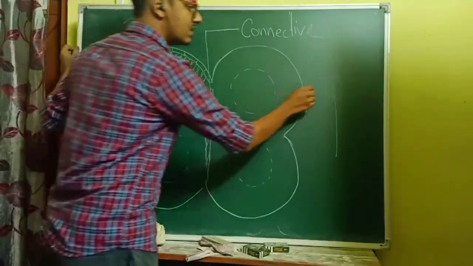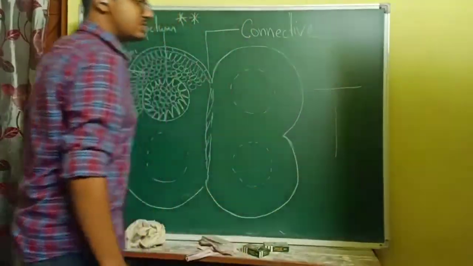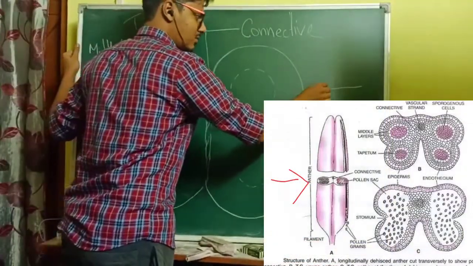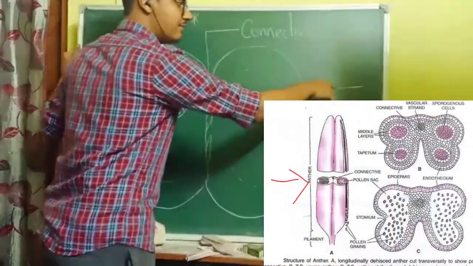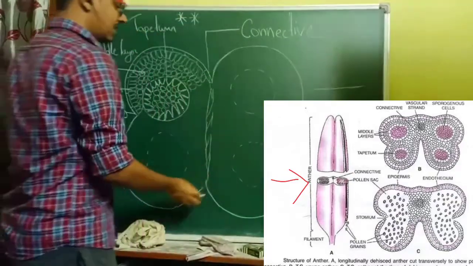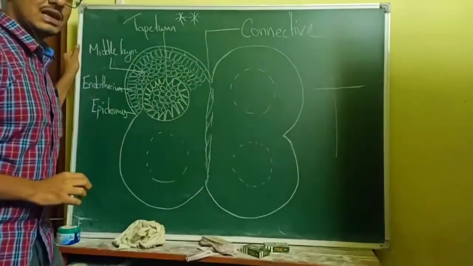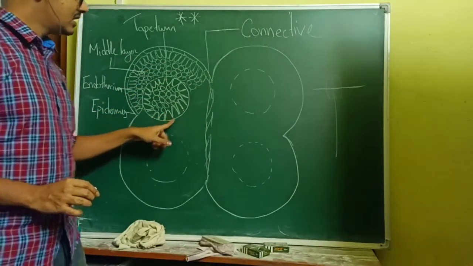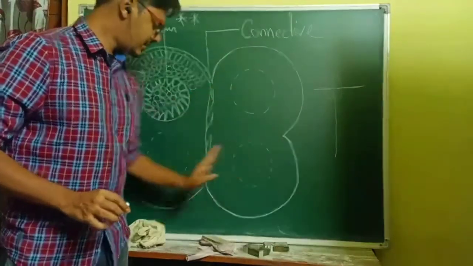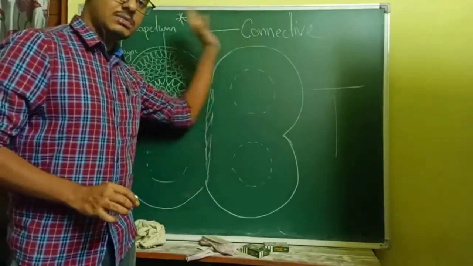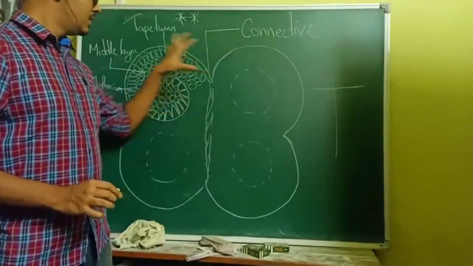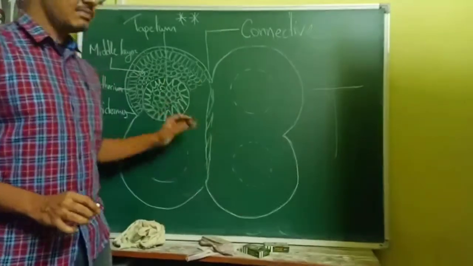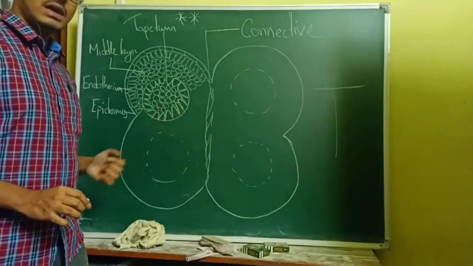Now if you cut that bilobed structure from this angle and view that anther under the microscope, you'll see a structure something like this. Here I have drawn the cells only in one place. These cells are also present here, here and here, but because all four are the same, these are called microsporangium, I have drawn only one.